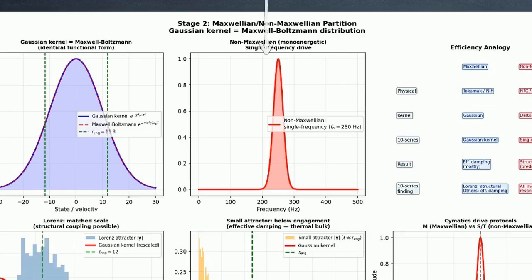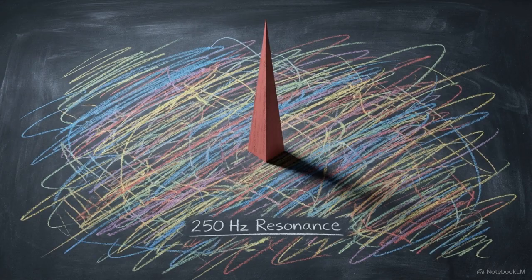This single-frequency drive is modeled by a pure delta function. It concentrates all available energy precisely at the system's resonant geometry. This mirrors colliding beam fusion, where all interactive energy is strictly confined to the optimal reaction cross-section. Broad-spectrum stochastic noise can only dampen a complex system. Triggering specific topological recursion requires highly concentrated resonant phase targeting.